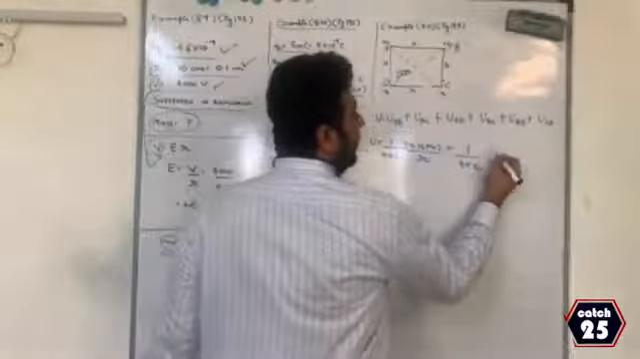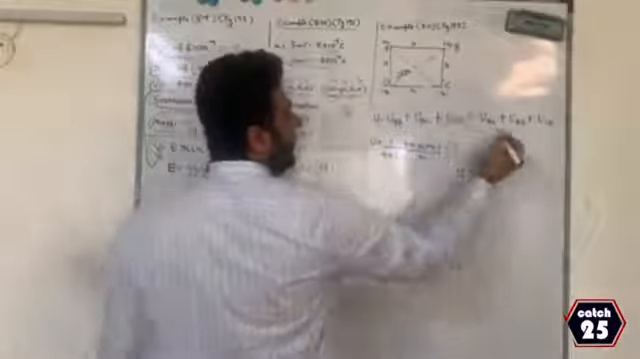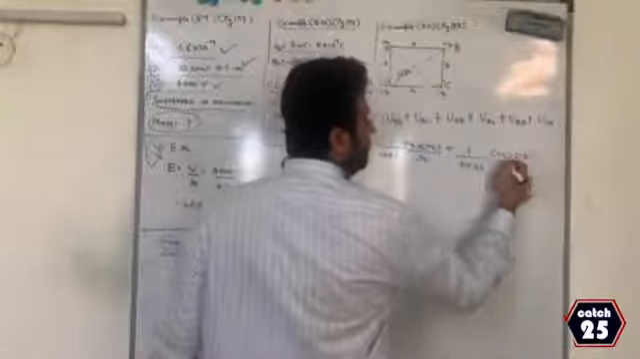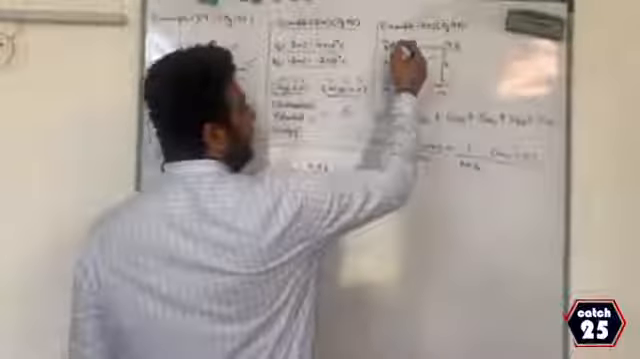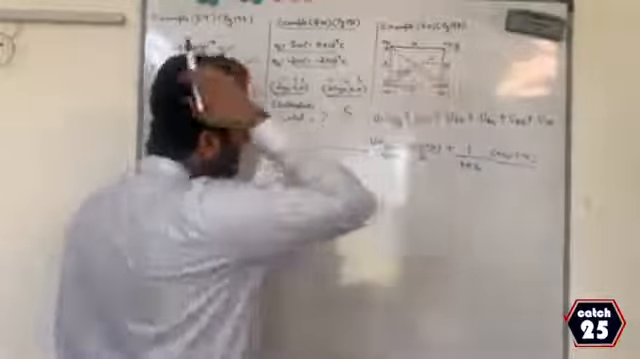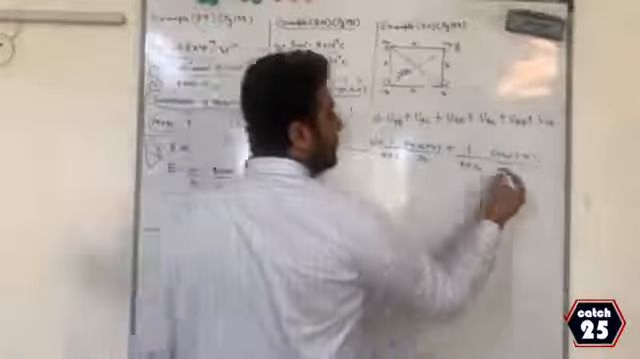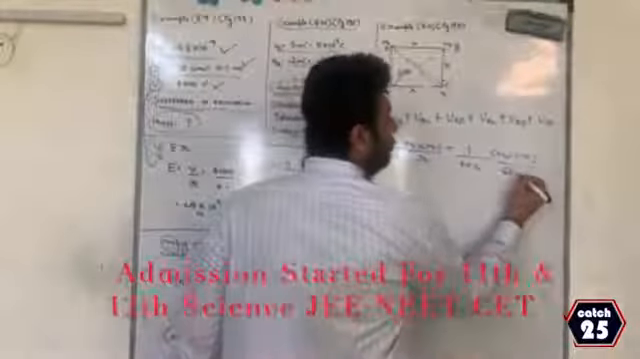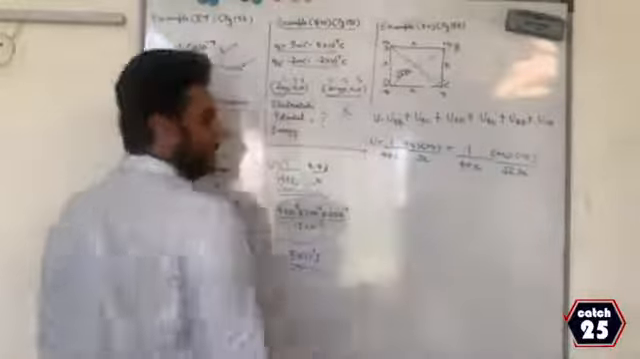At A, I have plus Q. At C, I have minus Q. And the distance between A and C is nothing but the diagonal of the square. Diagonal of the square is root 2 into side. Plus